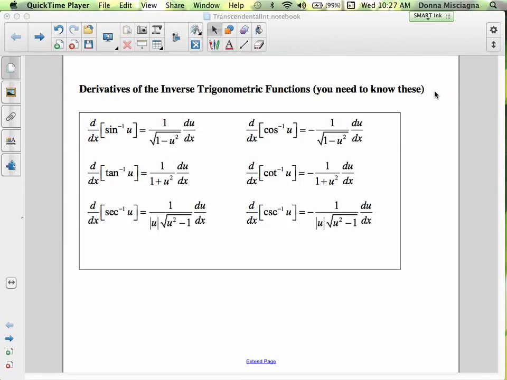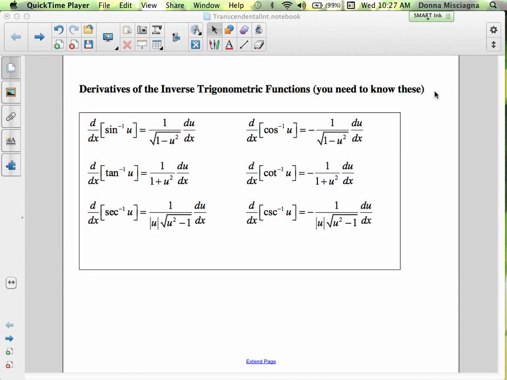Welcome. In this video, we're going to be integrating the derivatives of the inverse trig functions. All right, so here, just as a review, here are all the derivatives of the inverse trig functions, and notice